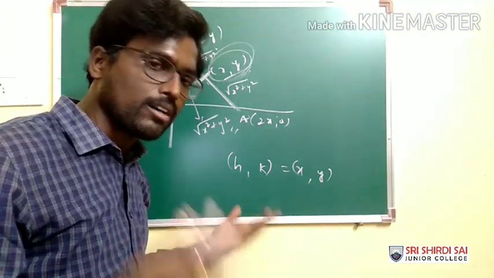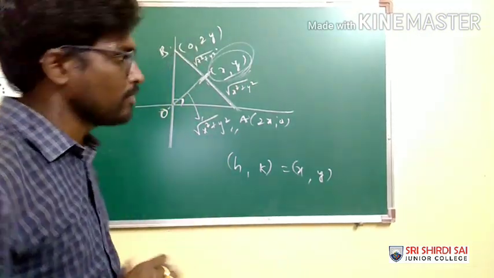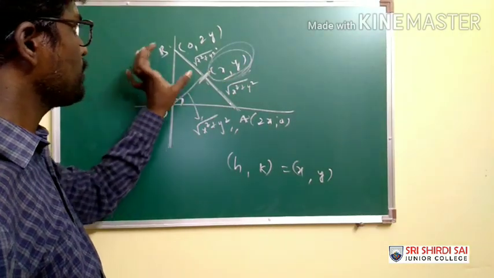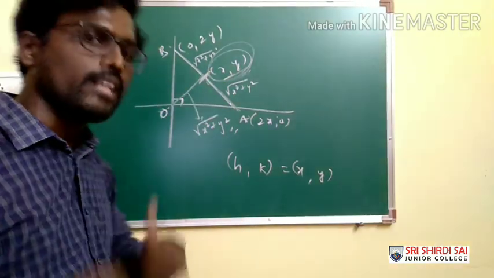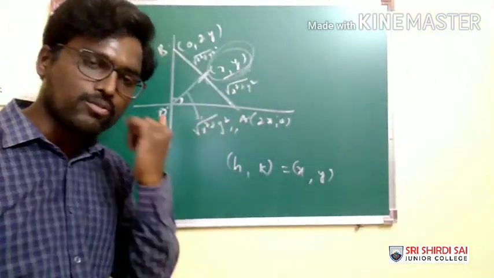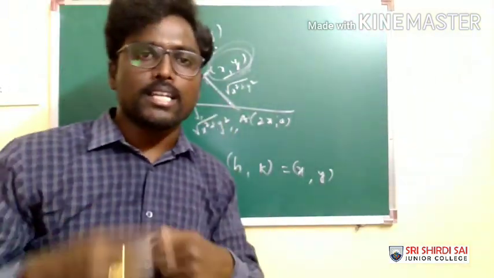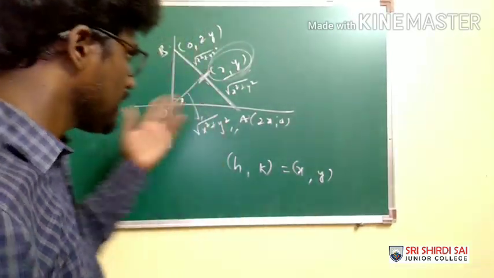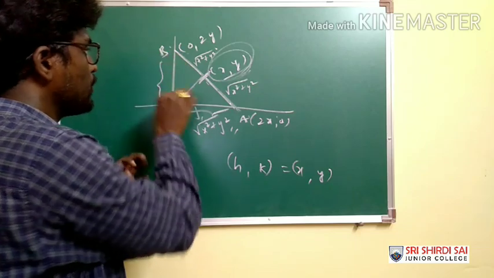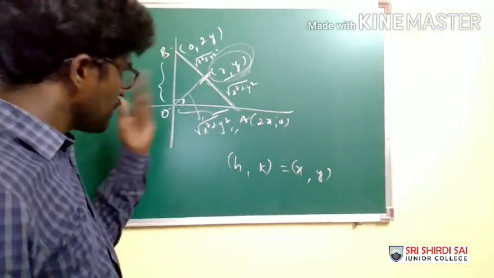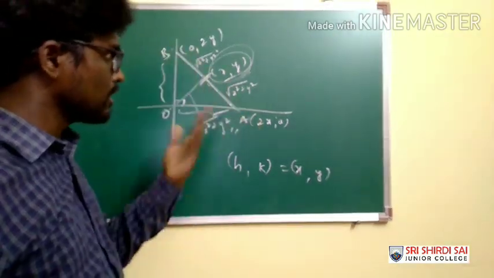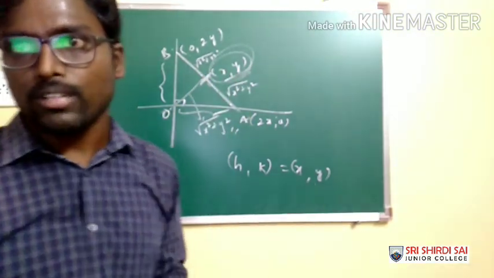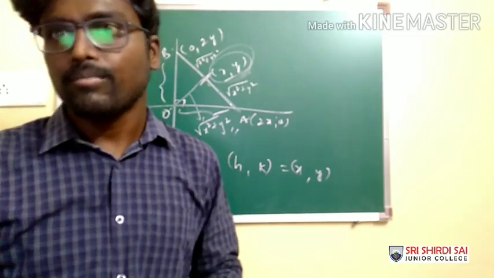See, here there are multiple thoughts, multiple ways we can do it. In the first way, I just took the midpoint and proved that (x, y) is equidistant from this, this and this as well. The next way, with the knowledge we have learnt in centers, the circumcenter is equidistant from the vertices. As it is a right angle triangle of 2x units and 2y units, the midpoint of the hypotenuse is going to be the circumcenter, and that coordinate (x, y) will be our requirement. Therefore, the required option is A.